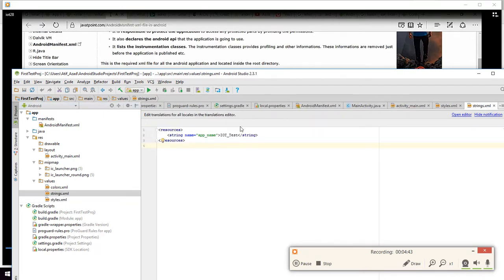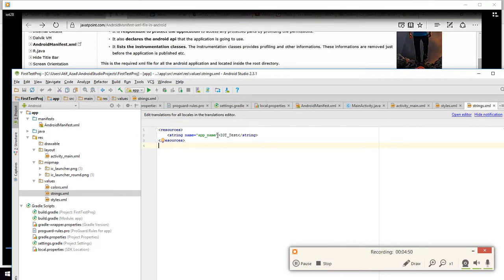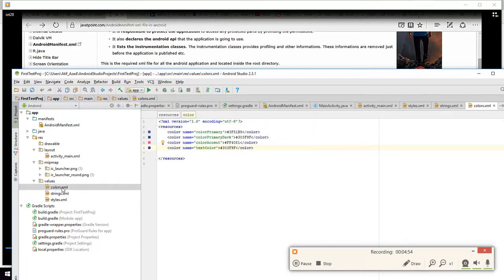For example, our app name, IoT test, can be defined here, then we can use it with the variable app name instead of the IoT text. And then we have color. We can define the colors here. And that's it. Now we will go